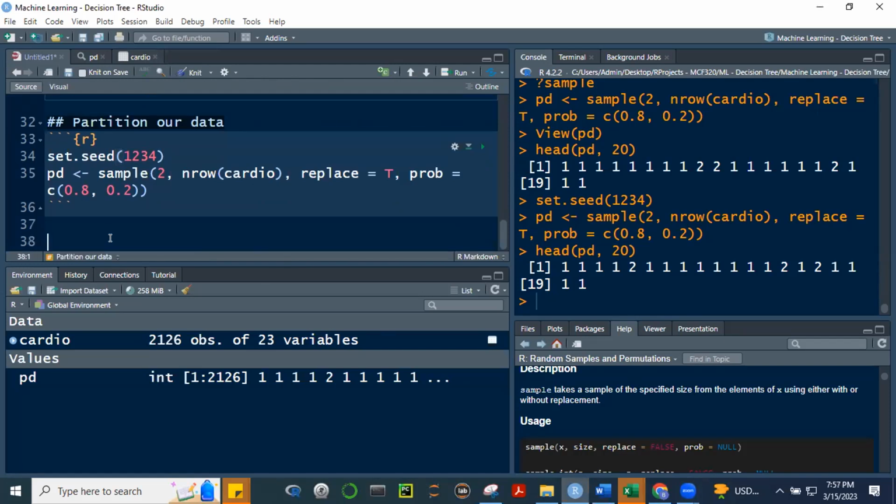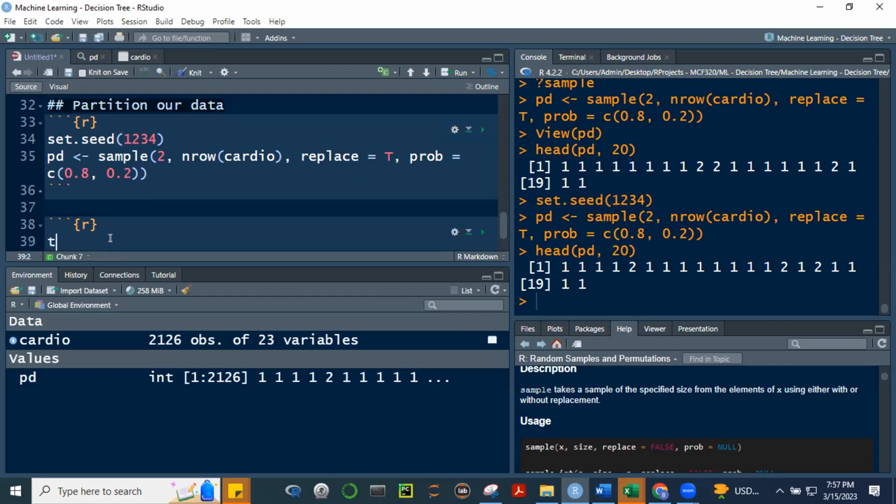We're going now to create, Control Alt I. Let's now create an object. Let's call it train. So I'm now creating an object called train, Alt minus. And then it will be, okay, from cardio, ang gagawin natin, isa-subset natin where your PD, yung PD na create natin, itong vector na to, PD is equal to 1.